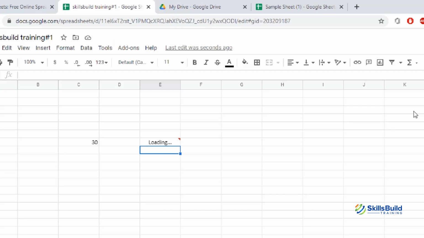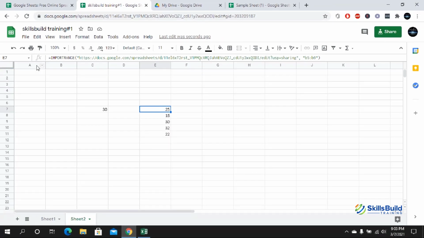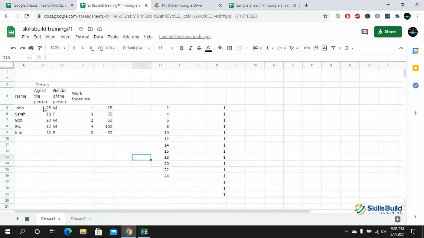I can even get one cell value using that, and I can also get more than one value. The thing is that you might want to get a lot of data from sheet 1 to sheet 2. Then in that case it would take a while, and here you can see that it has loaded the data right here. Okay, so if we want to match it, we can see 25, 18, 30, 32, 22. So if we go to sheet 1, from B5 till B9,